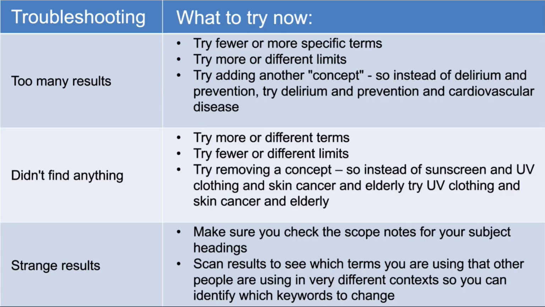And then for strange results, which do happen, it would be a good idea to double check the scope notes for any subject headings that you used, because maybe the database is using a different definition than you are. But it's also important to look through maybe the first page of results to see if one of the keywords that you're using to mean the concept that's relevant to you, maybe other people are using that term to mean something entirely different. So an example for this might be